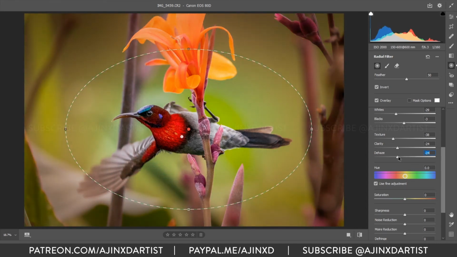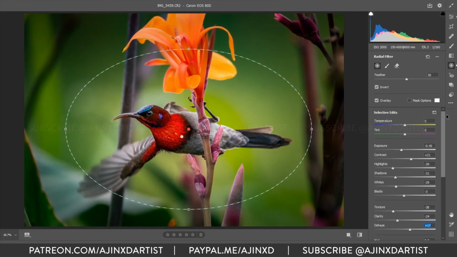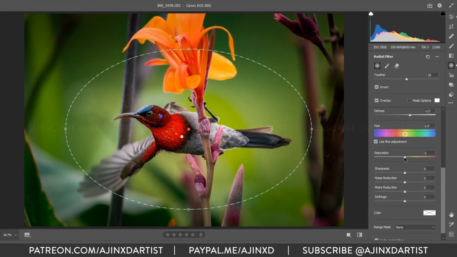So I'm not sure which way I would like to go. Maybe in the plus, and then go back and add some yellows, greens also. Okay, so far so good. Saturation, I can actually reduce the saturation so the bird or our subject pops up even more, but I don't want to go too overboard with it.